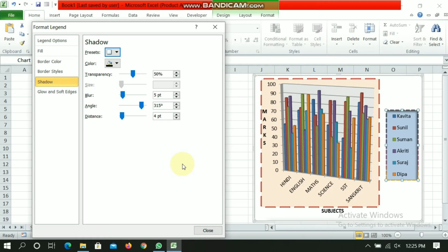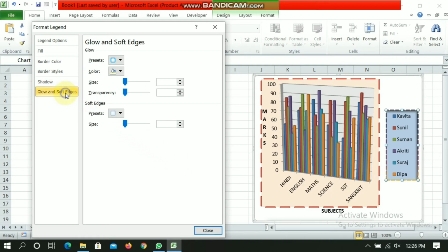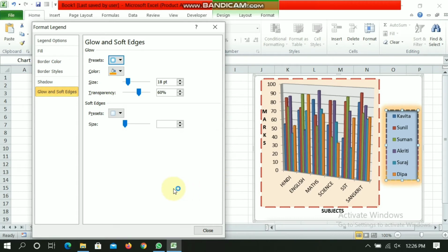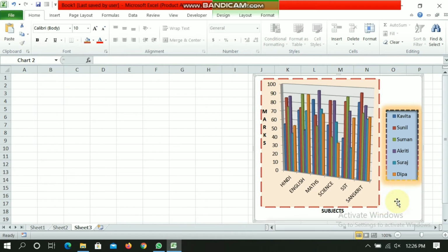Here I have selected inner shadow and glow and soft edges. Here it is similar to what we have done with plot area, like this, and after that you can click on close option. So whatever formatting you have done is visible here. We have done fill option, shadow option, glow and soft edges option, and border style we have changed under this.